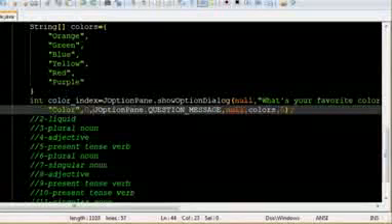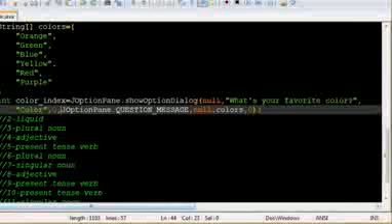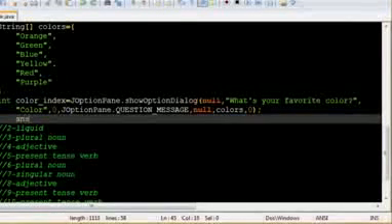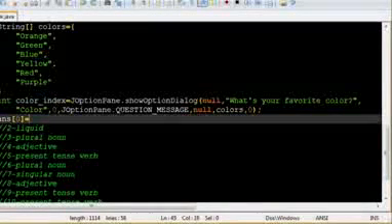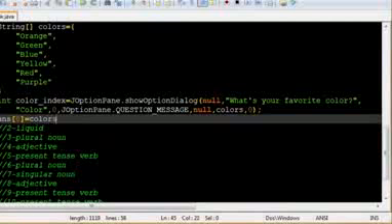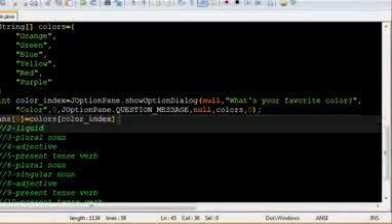Bingo. Now we have our color index, we can find out what we want our first index in our answers array to be. We want it to be this index of this array. So we have our colors array, and we're going to call color index as the index we're going to call there. Bingo. Moving right along, liquid,